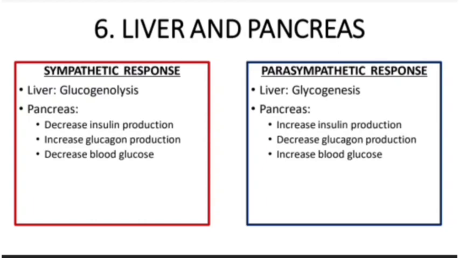So due to this stimulus, your pancreas will react by increasing insulin production. And by increasing insulin production, you are promoting liver glycogenesis. By decreasing glucagon production, you are inhibiting your glucagon from telling your liver to break down that glycogen. Because again, your goal is to increase the storage of glucose by turning it into glycogen. And this is it for your liver and for your pancreas.